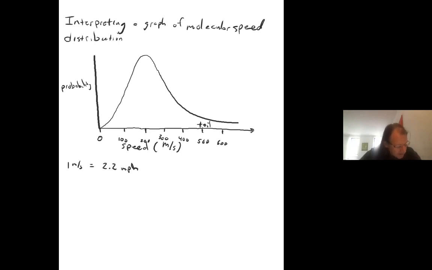So look at the way the distribution moves. This is 0 probability here. And then I'm not going to give you values up here, but you can see that as you go up the y-axis, the probability is larger. So the likelihood, the chances that a molecule is moving increases. Okay, so this is really where we see our maximum, right? Right there is our maximum probability.